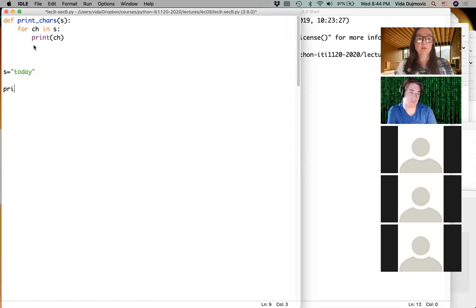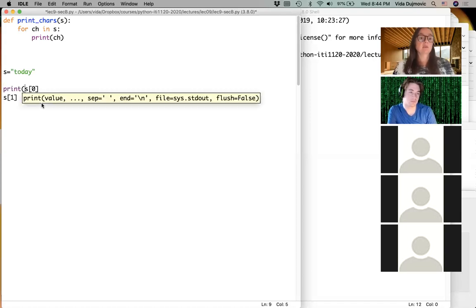And before we even learned how to do the loops, one of the things we learned is that by doing s of 0, you get the first character of the string, you get s of 1, and so on. In this case, you use indexing to access individual positions in the string. Okay, so if I really knew that my string has exactly 5 characters, I could do something